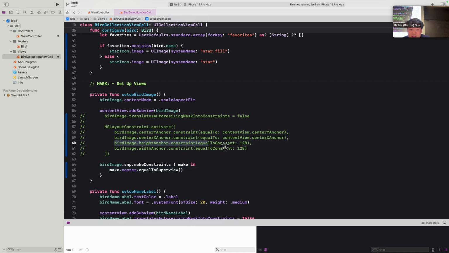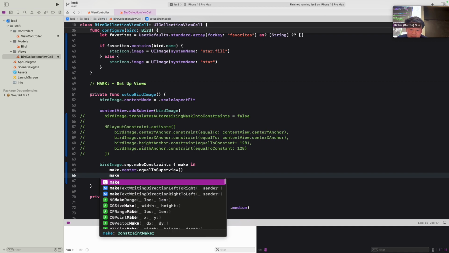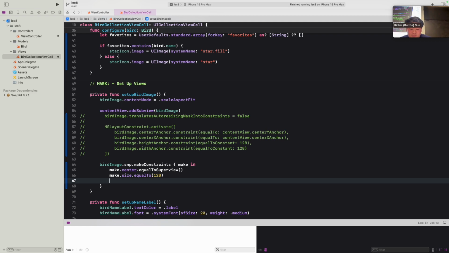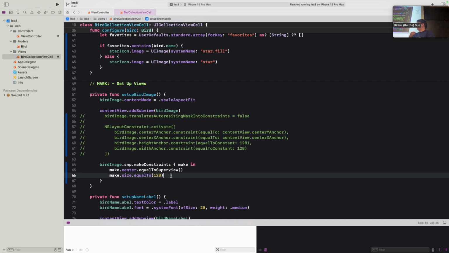And what we also want to do here is set the height anchor and the width anchor to 128. So how we do this is you can specify make.size equal to 128. And because our image is a square, we don't have to specify the width and the height. We can just use the size constraint, which allows us to set both the width and the height to be the same thing, ensuring that it's a square. If you did want to make something different, you have height and width anchors as well. So you don't necessarily have to set everything to a square. You have that freedom to set the width and the height independently. But just so we can save some more code and make it look way more clean, we can just use the size attribute here to specify that we want to make this image a square with dimensions 128 pixels.